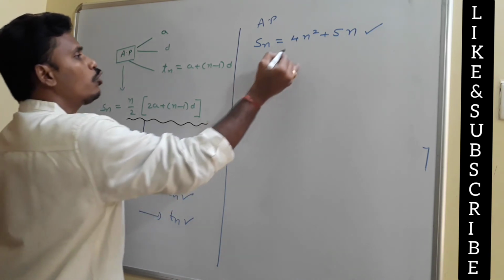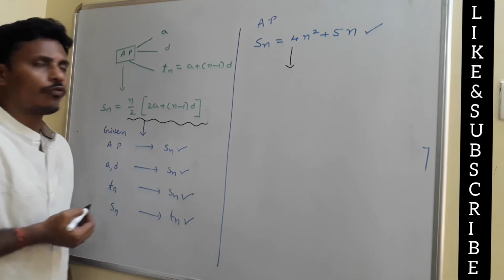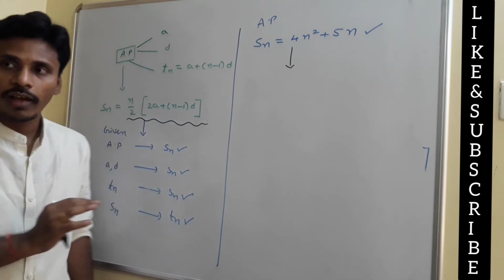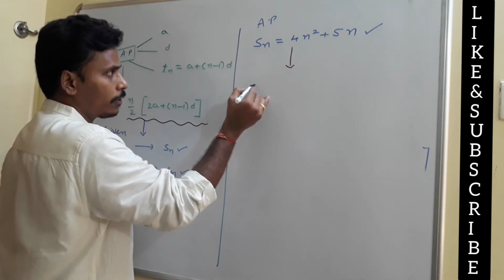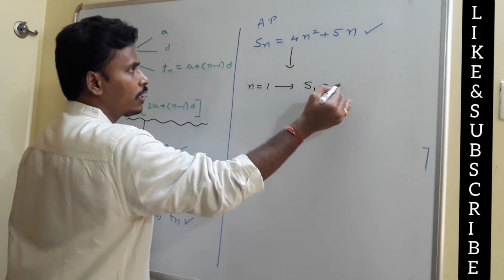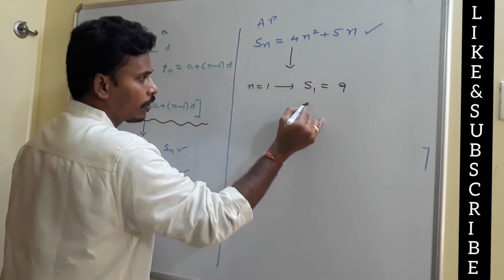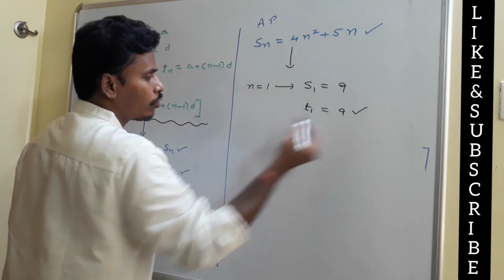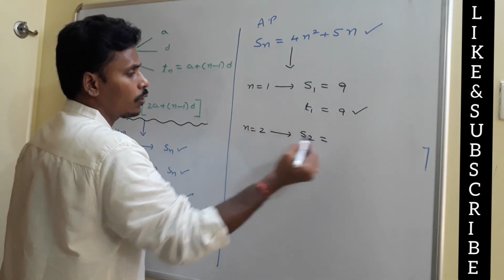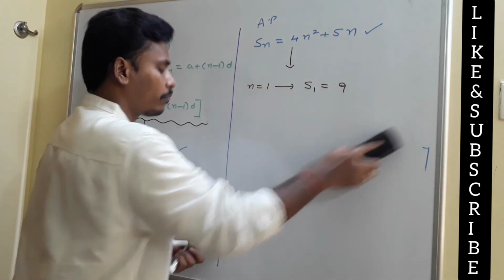First of all, I need to check whether it is forming an arithmetic sequence or not. It may ask you to find the first term, common difference, nth term and everything; how to solve, I am going to give you. See, first of all, this S1. Replace n with 1. If you replace n with 1, S1 is equal to 9 clearly. That S1 is nothing but the sum of only one term, so it is suggesting that T1 is equal to 9. And now if you replace n with 2, then what do you have? S2 is equal to, you just replace n with 2.